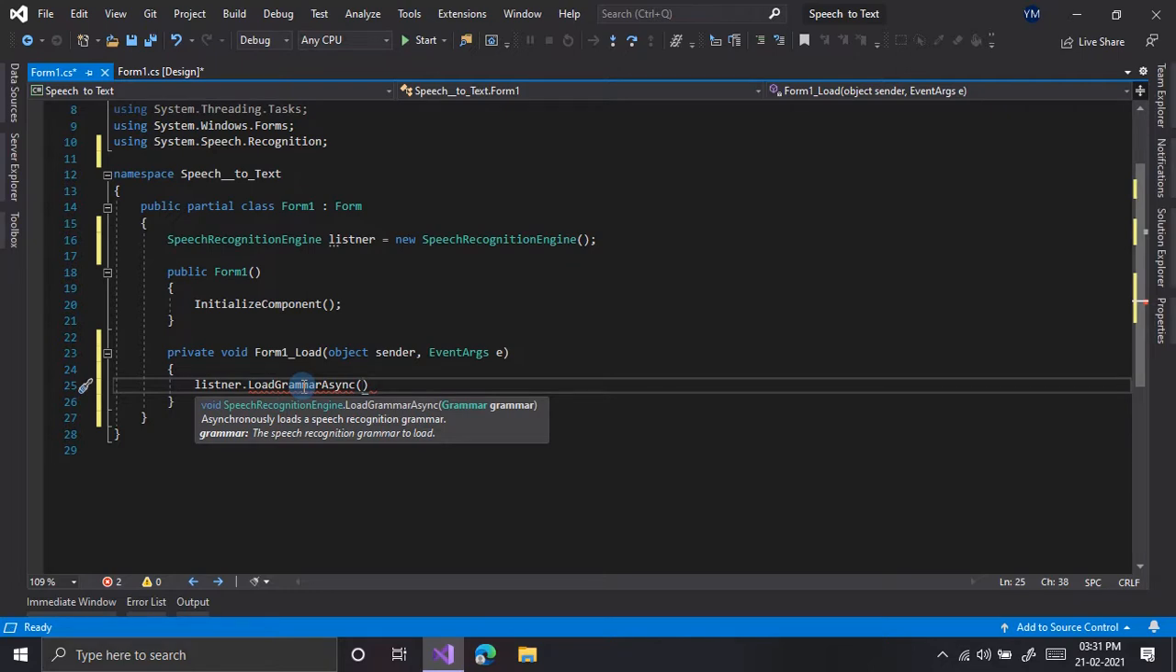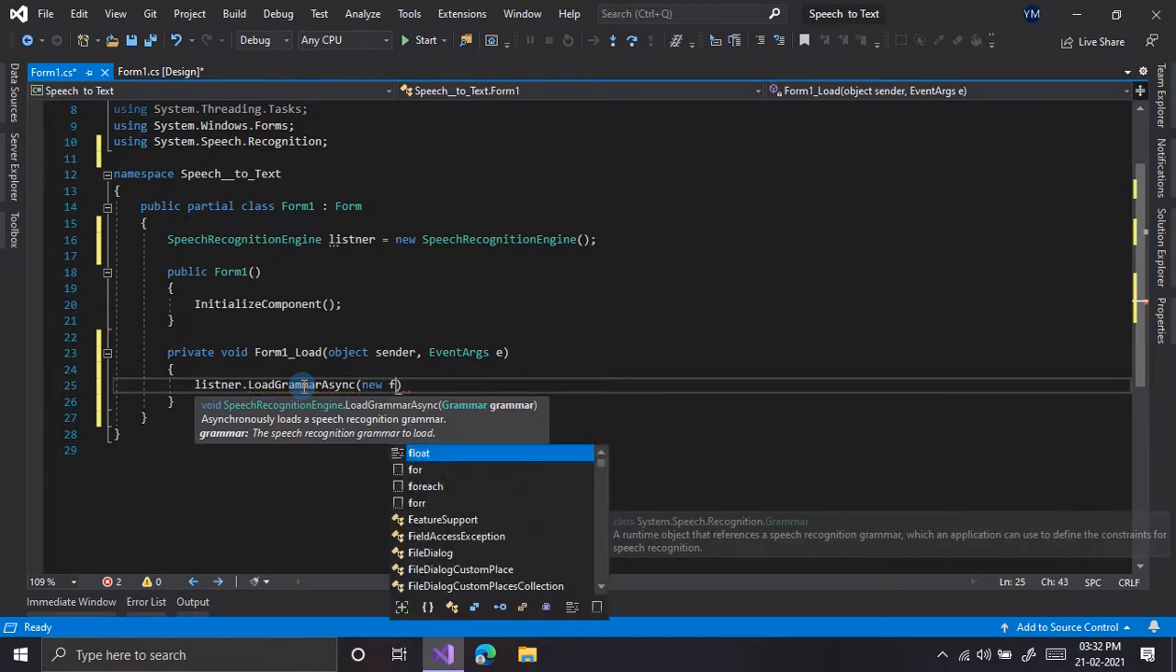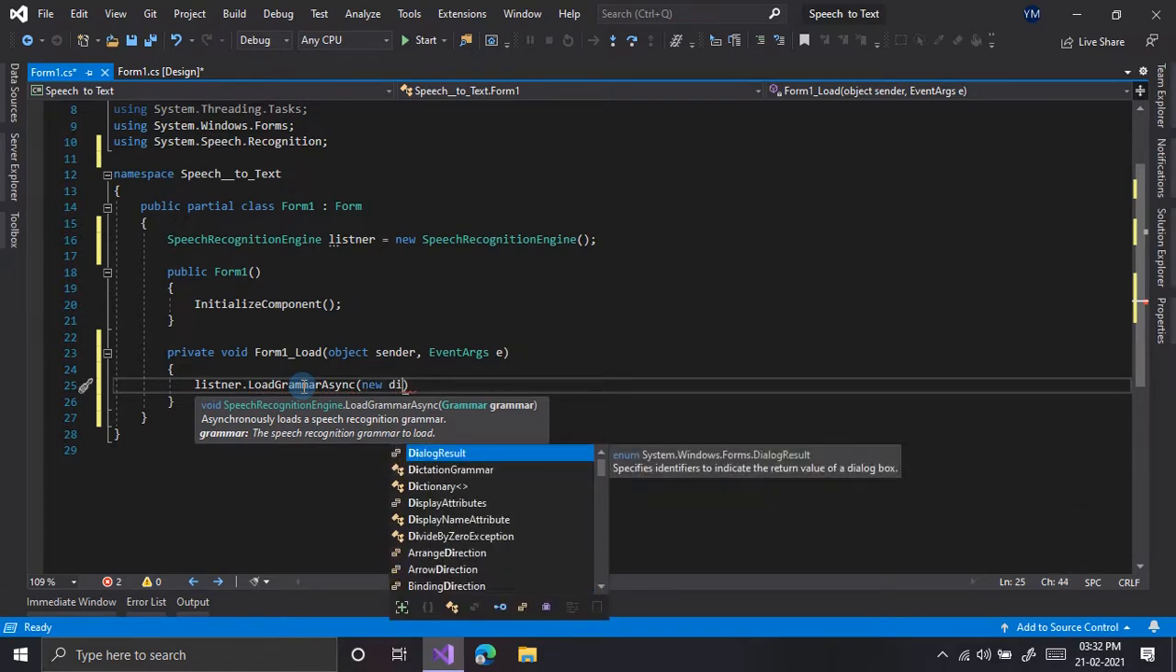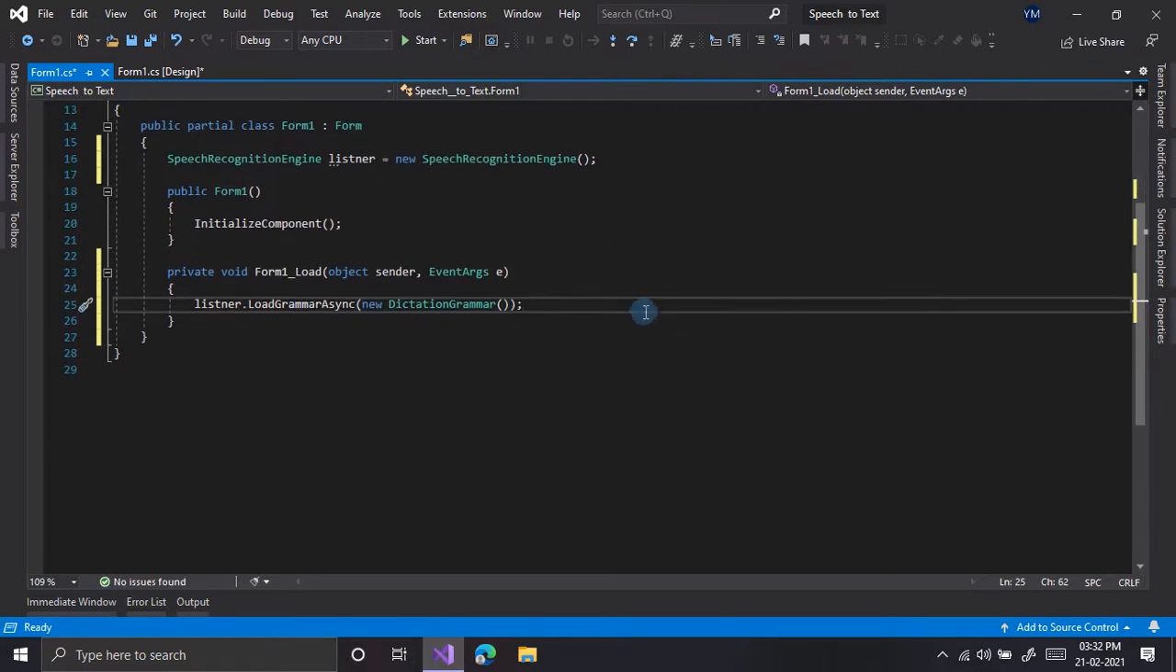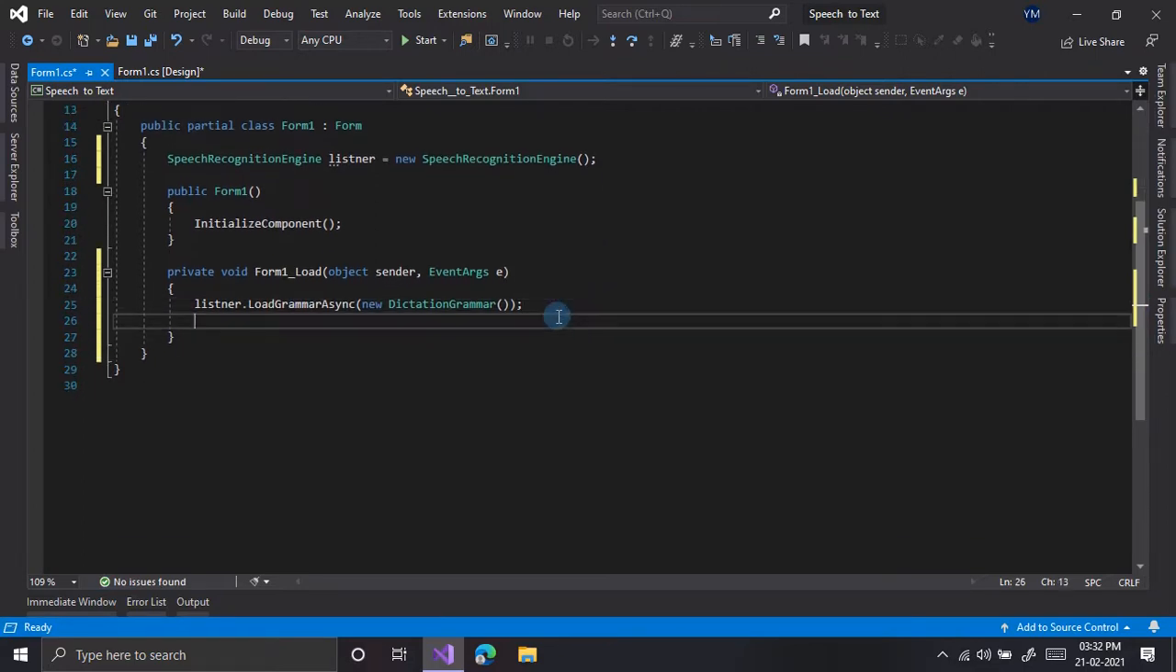So in here I can put two types of grammar, which will be dictation grammar or custom grammar. So dictation grammar is used for free text dictation, but it doesn't listen very well, and custom grammar is for listening few custom words that I type. Now I am using dictation grammar. After that I will show you how the custom grammar works. So first I am adding that dictation grammar here, and after that